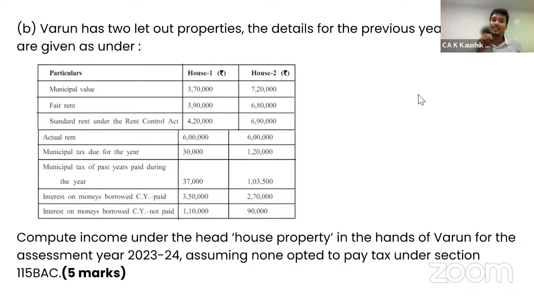The condition here is that it should have been paid. The moment it is paid, it can get the deduction. Then you get the net annual value. On the net annual value, 30% standard deduction under section 24A and interest under section 24B. Interest says that any amount of interest can be claimed, but whether it is paid or not paid, two things are given for us to confuse. The logic here says that both the interest will be claimed.